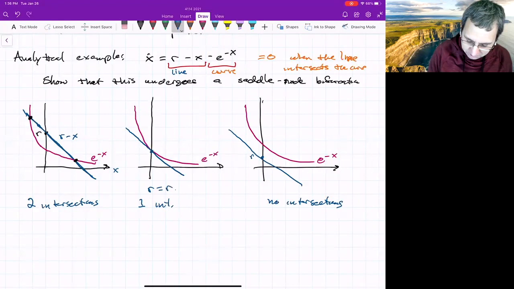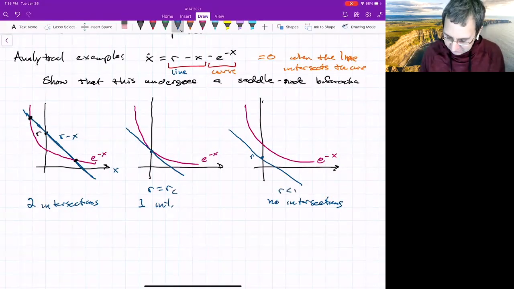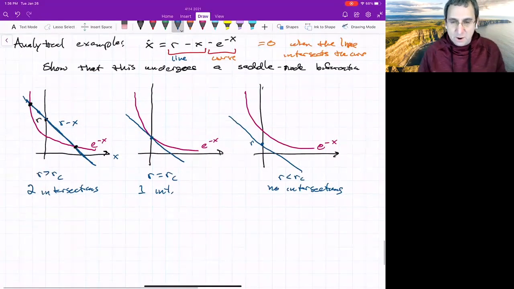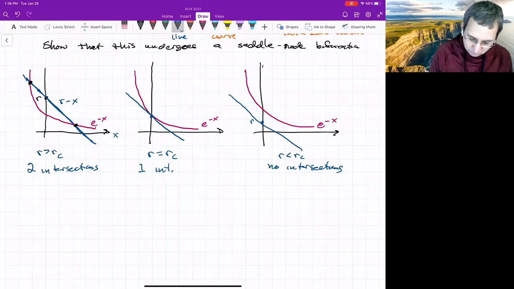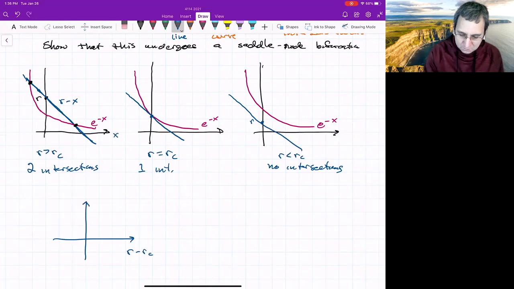So this is R equals RC. Let's call that R the critical point. This is R less than RC and R greater than RC, very close to that critical point. If we were to plot R minus RC, what would we see in terms of points? Notice I did R minus RC to make my life simpler. There's going to be